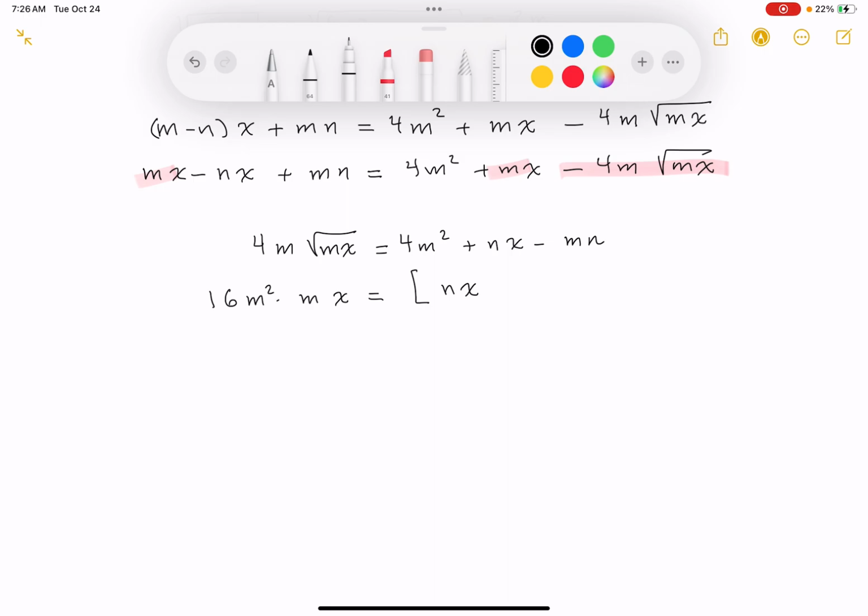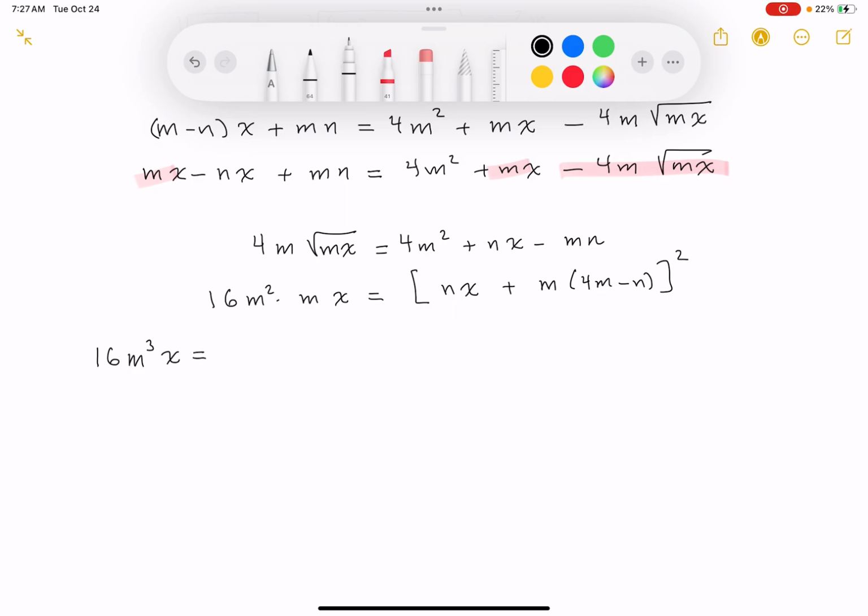So it's going to be nx, and then I can write down plus m times 4m, let's see, minus n, and this whole thing is being squared. All right, let me stop for a moment and see how I did there. So I got the nx, I got the 4m squared, and then minus n. Yeah, look, okay. Let me keep going, and it's going to be 16 m cubed x equals,